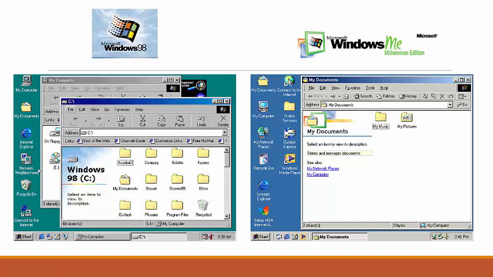Over the next few years, Microsoft released updates to Windows 95. That's really the best way you could describe these. Windows 98 was actually a pretty marked improvement over 95, and a later version of 98 called Windows 98 SE, Special Edition, was actually a very stable OS and was in use for a lot of years.